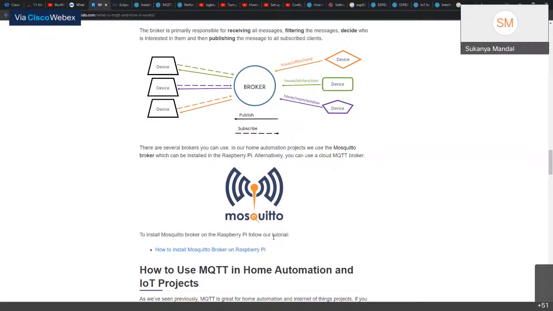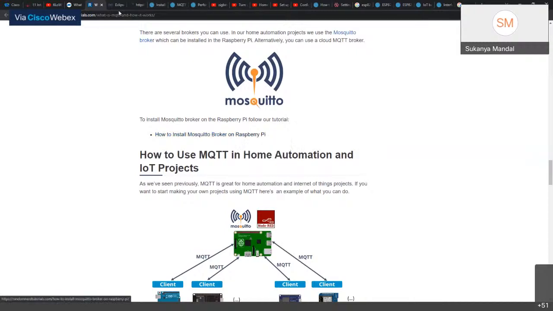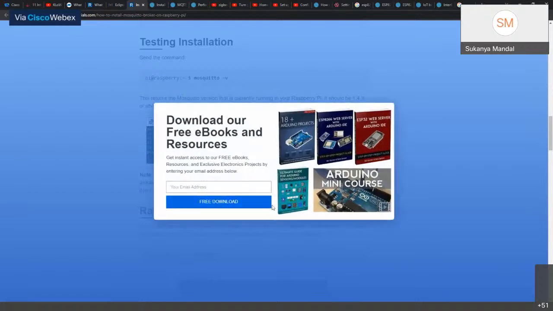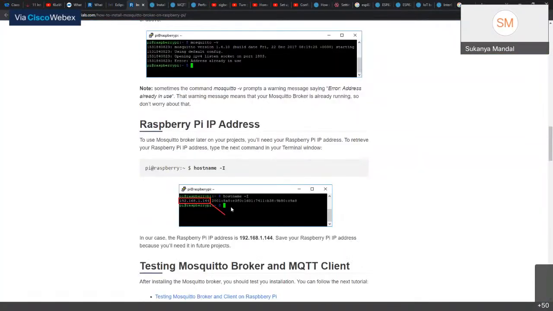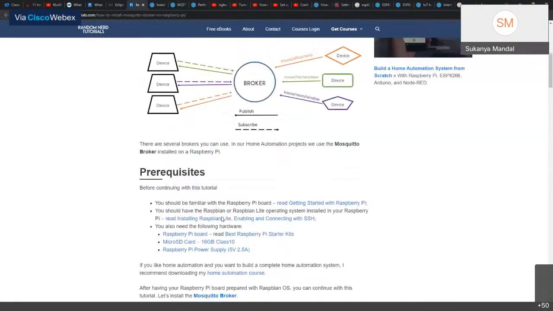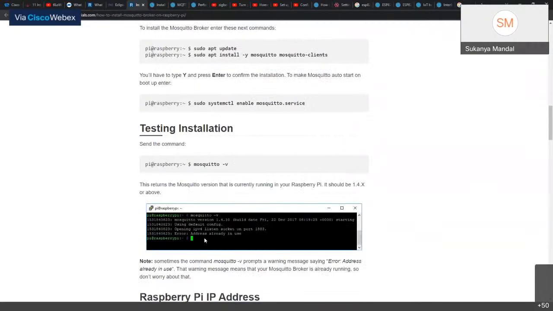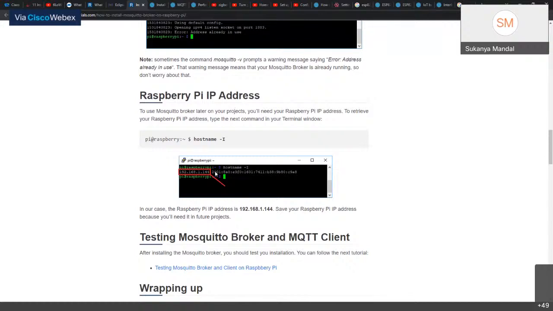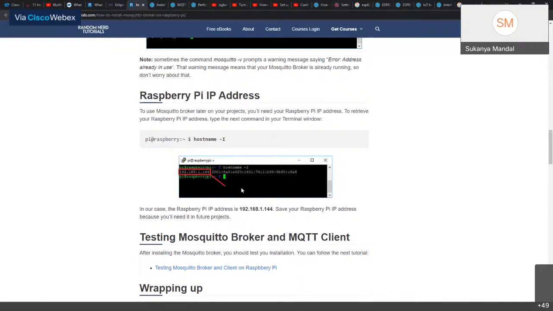There's a tutorial for installing an MQTT broker on Raspberry Pi devices. The first thing is to set up the Raspberry Pi device, and then you can install the broker, because a Raspberry Pi is nothing but just a Linux terminal. I mean, a Raspberry Pi uses an OS which is Raspbian, which is based on the Linux kernel. So you'll get an interface like this, much like you use your Linux terminal from PuTTY or just the Linux terminal.